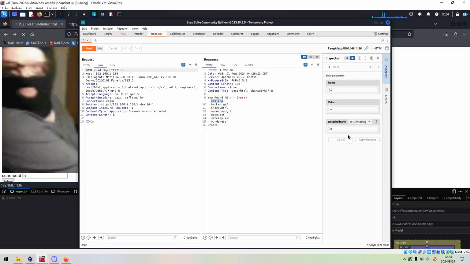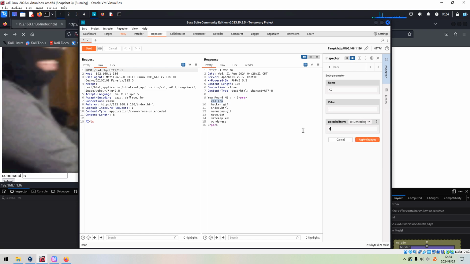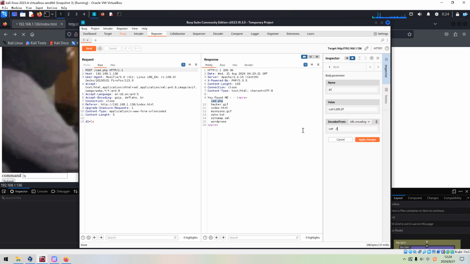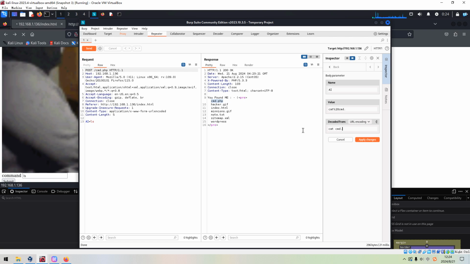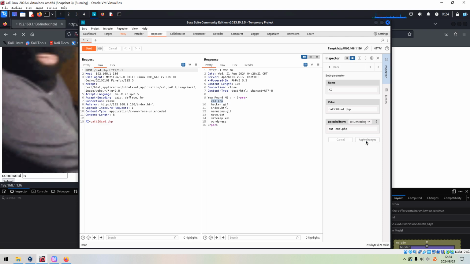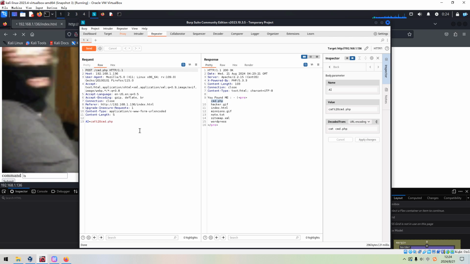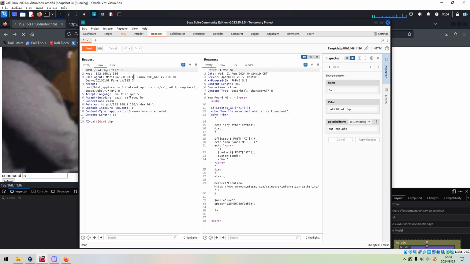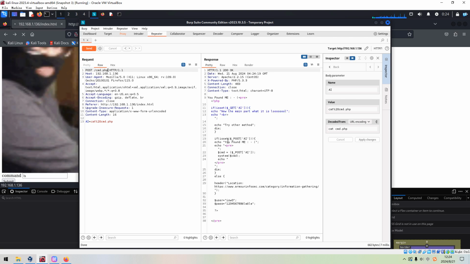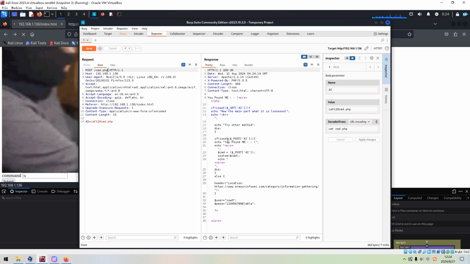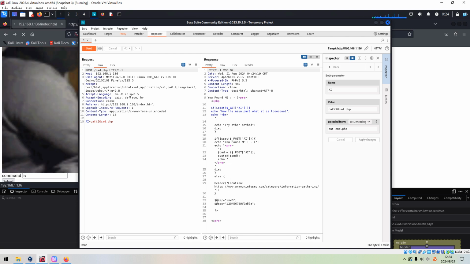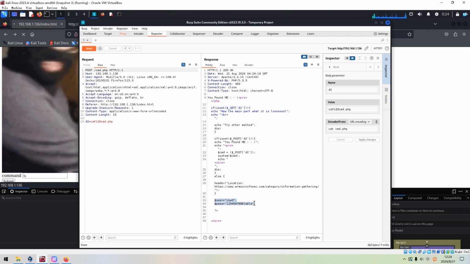And here, for the value, we can cat cmd.php, okay? And now we can send. As you can see, we got the content of this cmd.php file. We can even get these credentials.